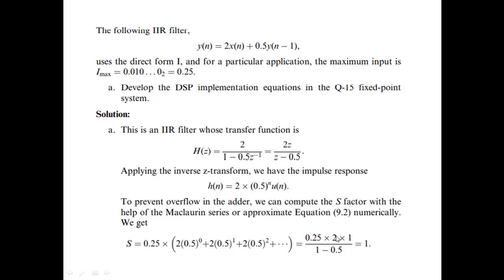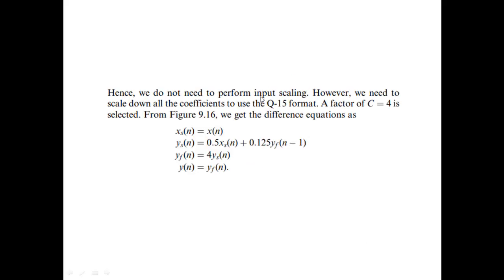So where does this 2 come from? This 2 is because of this. Now where has this 0.25 come from? So this 2.25 is because of this. If you just calculate this, we get 1. Now since it is 1, it is in range. It did not go beyond 1. So we don't need to perform the input scaling. We just keep the input as it is. We are not performing any scale down operation because it is in range.